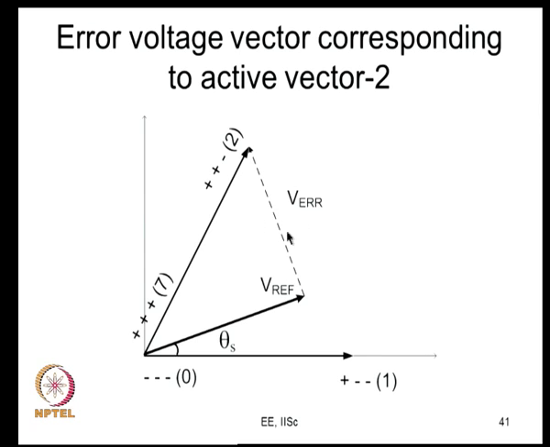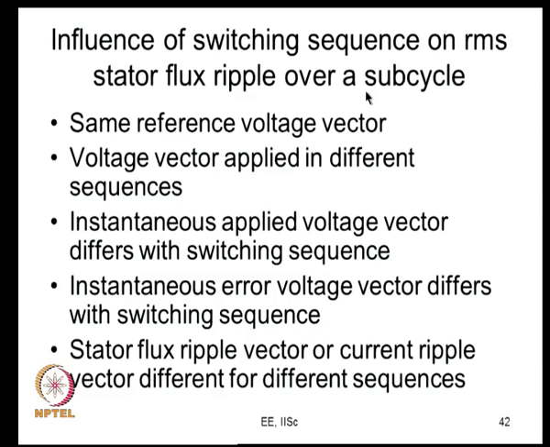What does this error represent? This error represents all your harmonic voltages in a per phase, all the harmonic voltages, add them up, you get a ripple voltage. So, those 3 phase ripple voltages, you transform them into the space vector domain, that is this error voltage. What is this Vref vector? You have the 3 phase fundamental voltages, transform them into the space vector domain, and that is your Vref. Is it okay? So, now what happens with the switching sequence? You may generate the same reference voltage vector, but the voltage vector is applied in a different sequence. Therefore, the error, that is the applied vector minus the reference vector, is different.